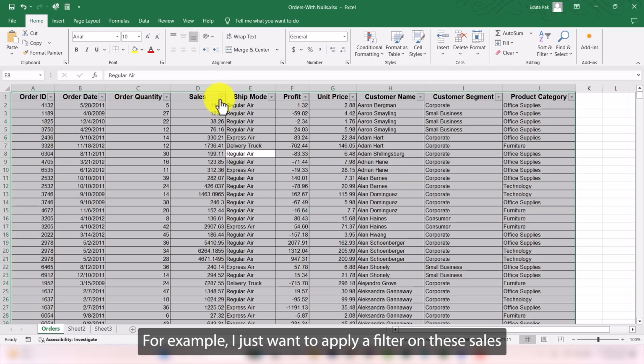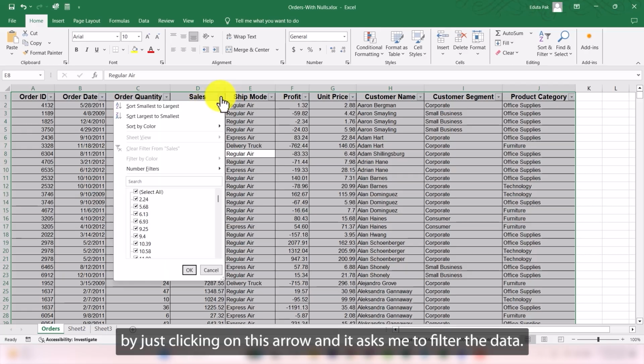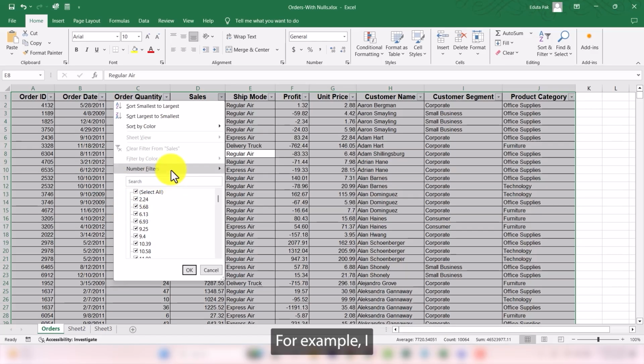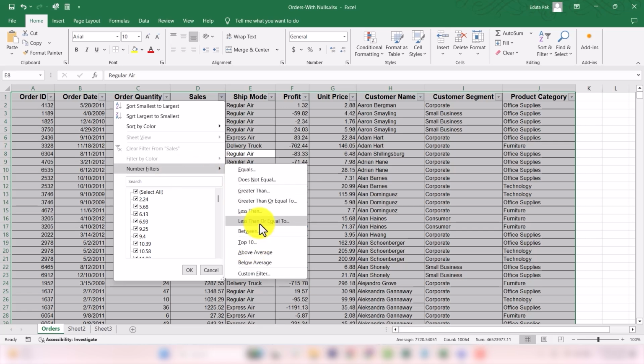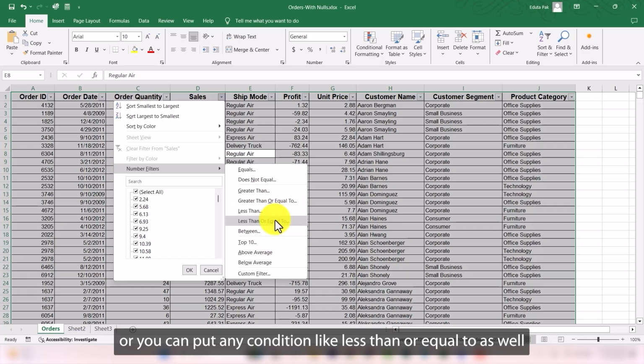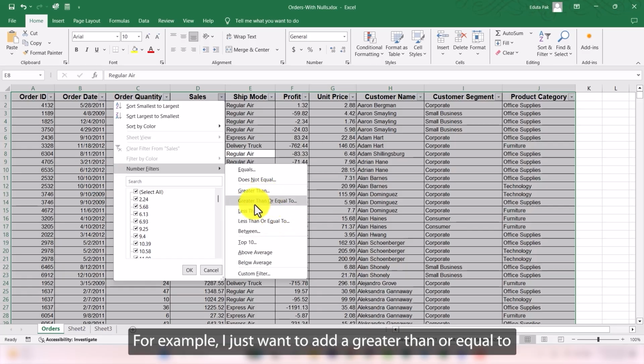For example, I want to apply a filter on these sales by clicking on this arrow, and it asks me to filter the data. For example, I want to have all the data which is top 10, or you can put any condition like less than or equal to as well, or greater than or equal to as well. For example, I want to add a greater than or